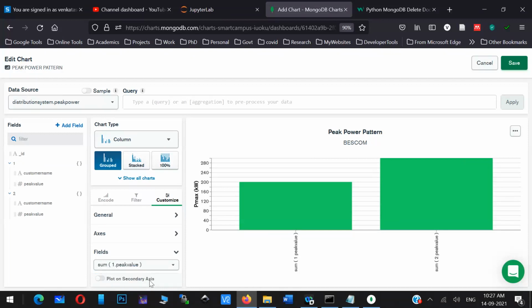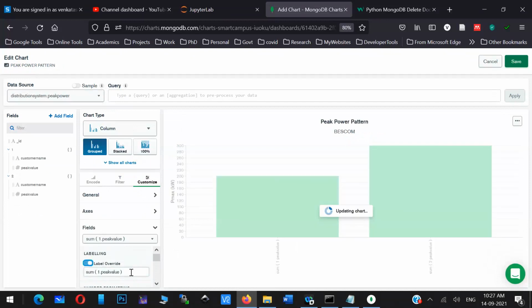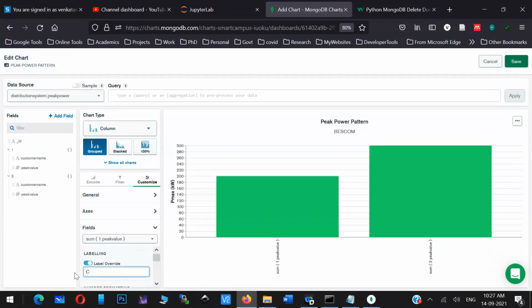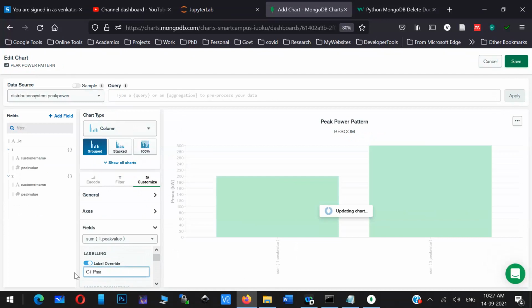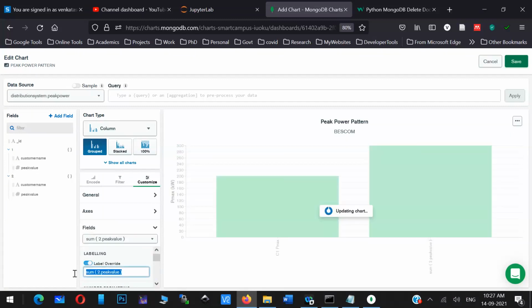Instead of that parameter, you can give your own, so I'm searching, yes, here. Instead, you can see customer one P max. Similarly, you select the second customer and give another label, customer two P max.